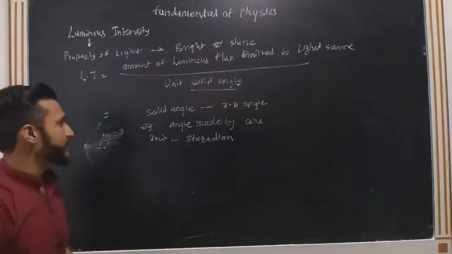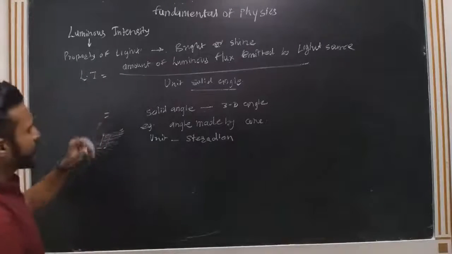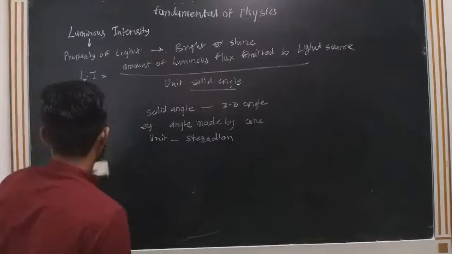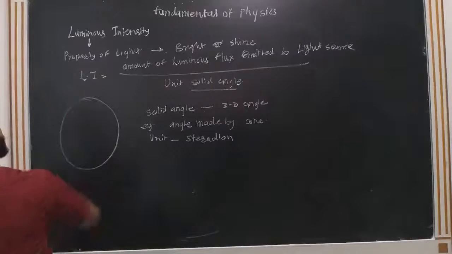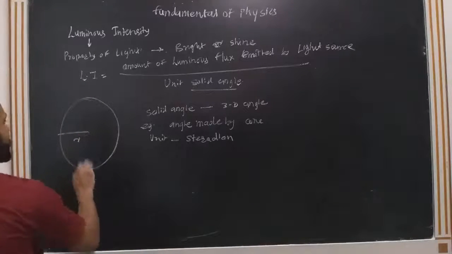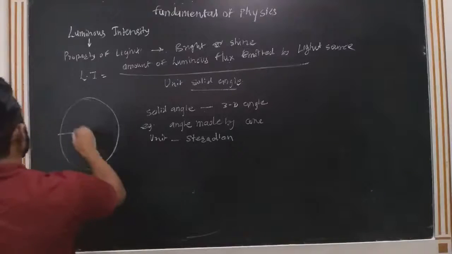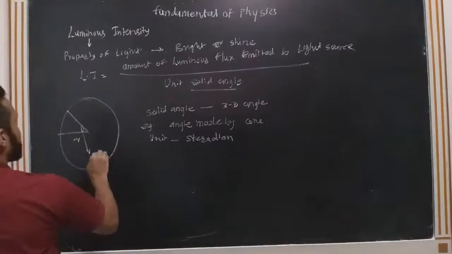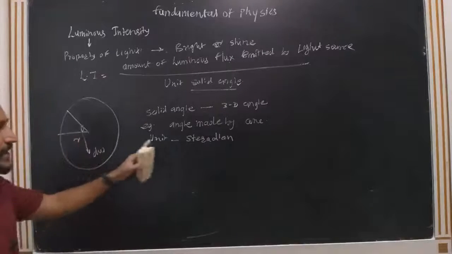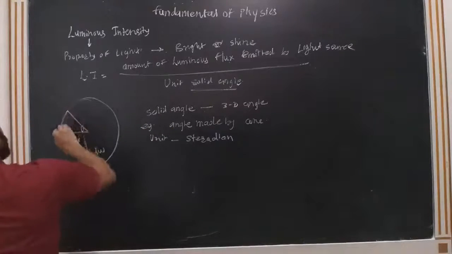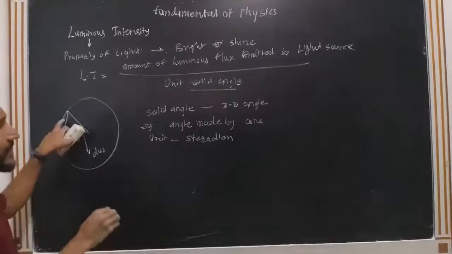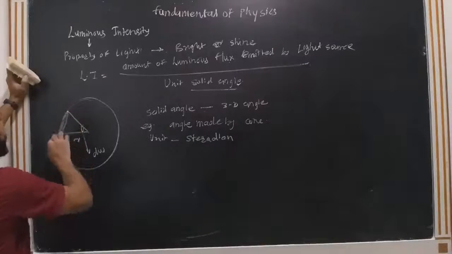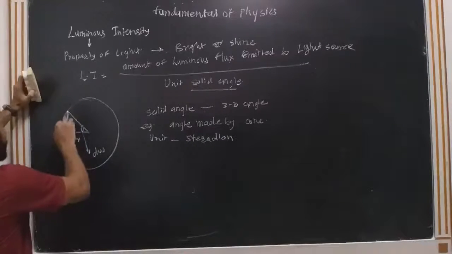Its unit is steradian. So how can we calculate the solid angle? For example, suppose you consider a solid sphere of radius r, and this angle is known as dω, which is nothing but the solid angle. Whatever the area made over here by making the solid angle,